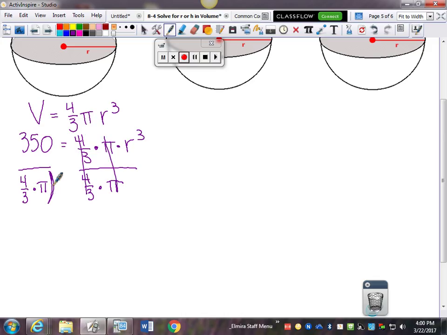I'm going to make sure I put this in parentheses. R cubed comes down. Okay, parenthesis, 350 divided by parenthesis 4 ABC 3 times pi, close parenthesis,